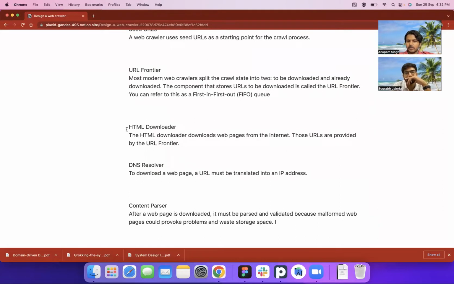Then there is HTML downloader. HTML downloader is basically you give it a web page and it downloads the content of that web page. So URL frontier is maintaining a queue. It is passing this request to HTML downloader. HTML downloader is going ahead and downloading all the content. But as you already know,